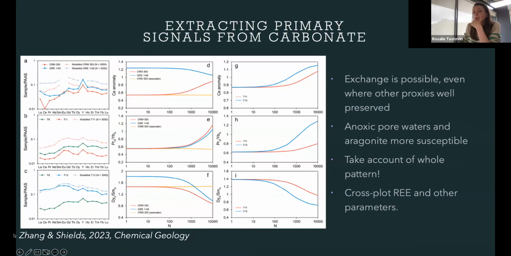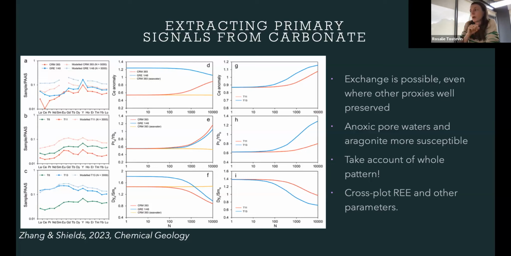The paper I mentioned recently, Zhang and Shields, came out this year in Chemical Geology. They've taken a different view and suggested that actually rare earth elements are quite susceptible to diagenesis, and that exchange is possible even in some cases where other proxies like carbon isotopes are well preserved. And they've suggested that anoxic pore waters and aragonite are more susceptible to this, which means, of course, that there